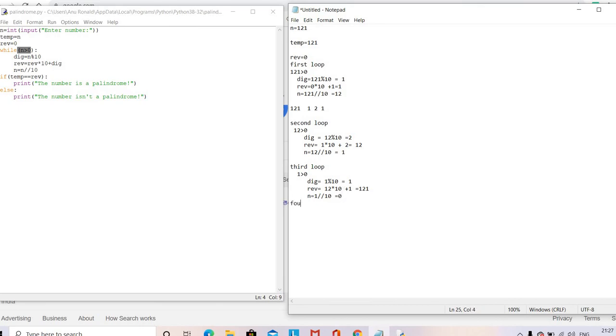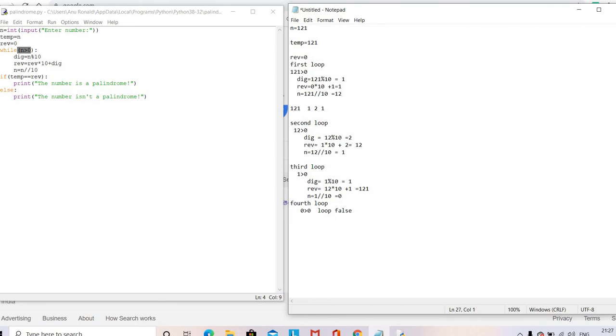Again we are going to check the fourth loop, because we have to check it again, and only then can we understand that the condition becomes false. So while n greater than 0, now the value of n equals 0. It's not greater than 0, so the loop condition becomes false.